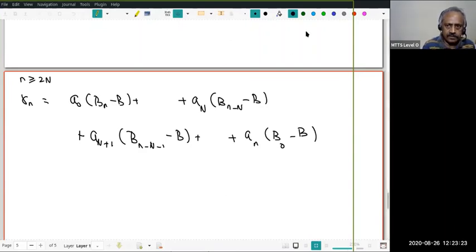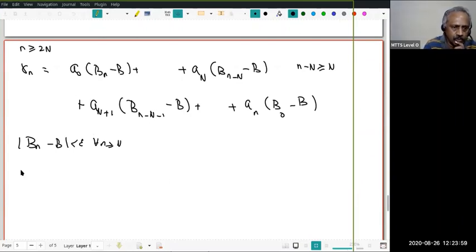I'm just trying to write in terms of these terms. Now, since n is greater than or equal to capital N, let's look at the first capital N terms. Do I know how to estimate them? Because remember, n minus N will be greater than or equal to capital N, therefore I know the bracketed b terms can be estimated. Suppose each of these terms is less than epsilon, that is, mod b_n minus b is less than epsilon for all n greater than or equal to capital N. Suppose that's true. Then can I estimate the first N terms?